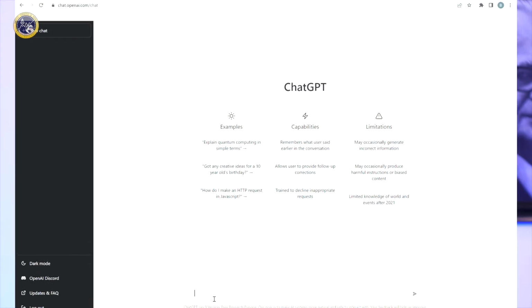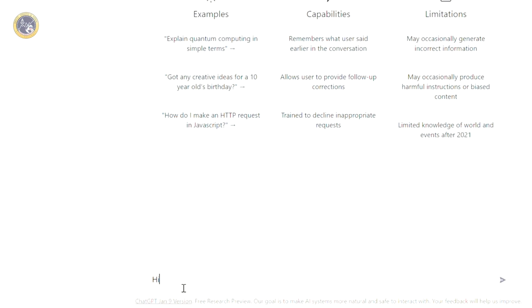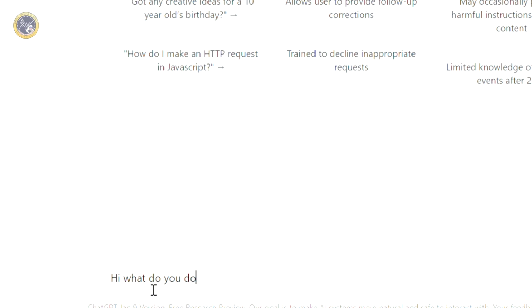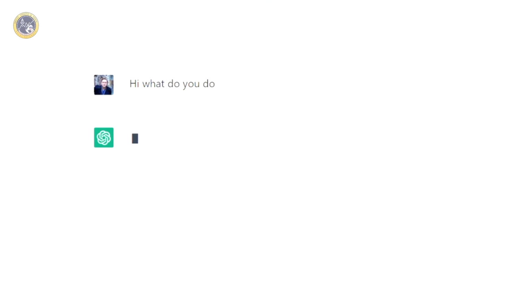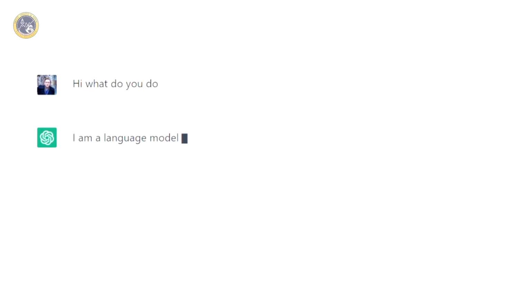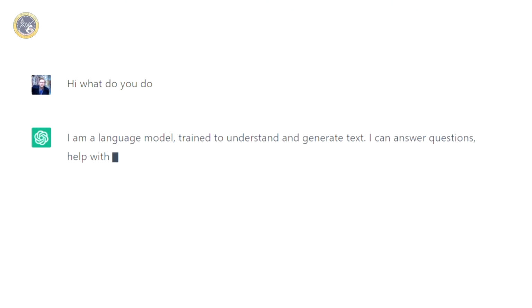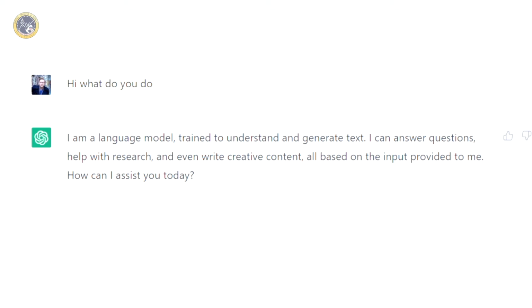So let's start a new chat here and just kind of show off what it can do. So we'll say, hi, what do you do? And it'll respond to you in real time. It can type things out for you. If you feel like what it's saying is getting a little too verbose, you can tell it to stop generating and it'll end its prompt right there, or you can tell it to repeat something.